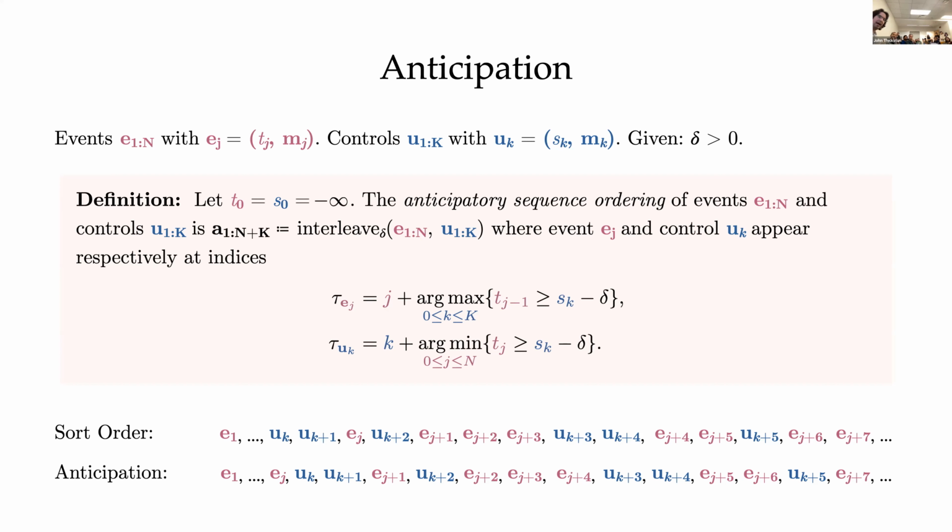The idea is that the sort order is not a stopping time, but one position after the sort order is a stopping time. After I've generated EJ plus 1, I can see that if UK plus 2 was supposed to be in sort order, it would have come right before me, darn. But now I've deliberately said no, UK plus 2 should come after that. So I know that if it were in sort order, it would have come before here. We've seen EJ plus 1, we've seen that it would have come before it in sort order, but we're putting it one after. And so I'm just in time to put it into the sequence now. This is a sequence index that can be determined just based on prefixes.